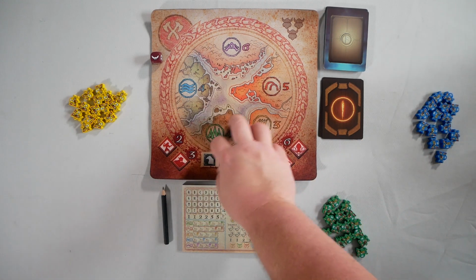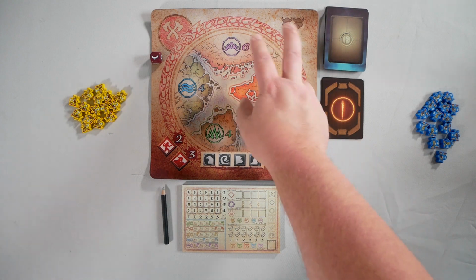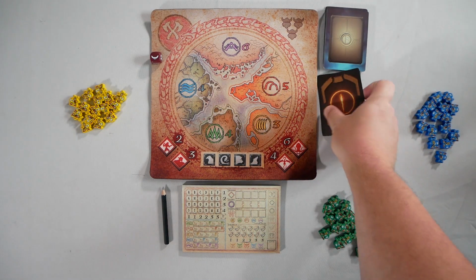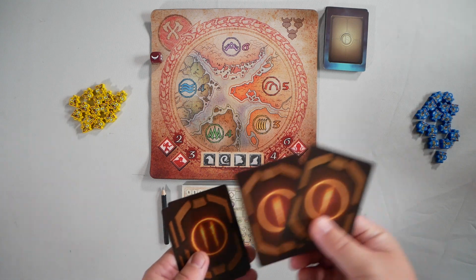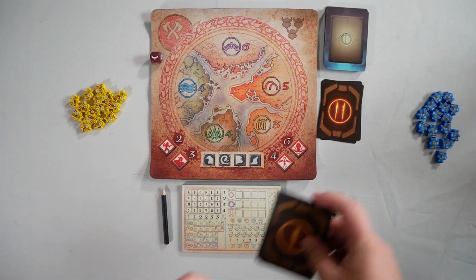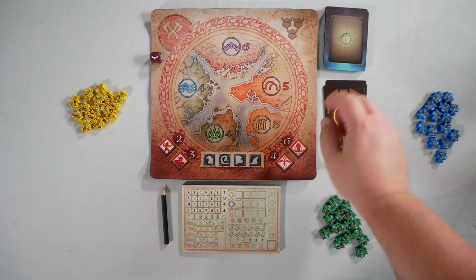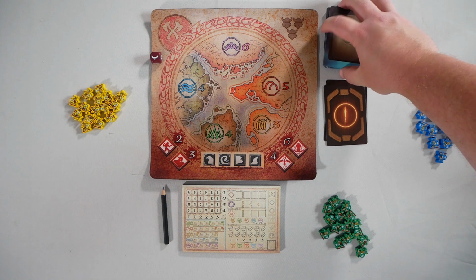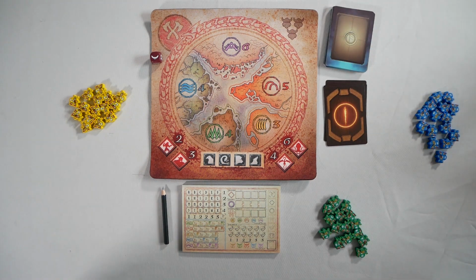You're going to place the map with the correct side. So this shows 3, so this is for a 2 or 3 player game. You're going to separate the god cards by age. Shuffle them up. Take 2 god cards, put them on the bottom. 2 god cards from level 1, put them on top to create a deck of 4 god cards. You're going to shuffle a deck of rune cards, place it near the game board, and then we are ready